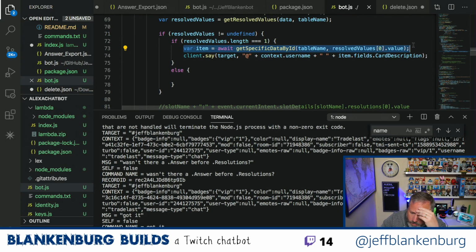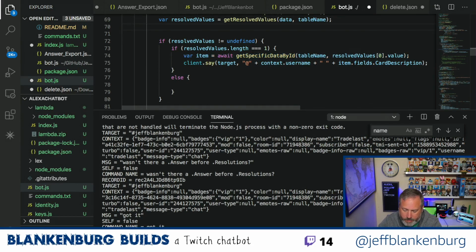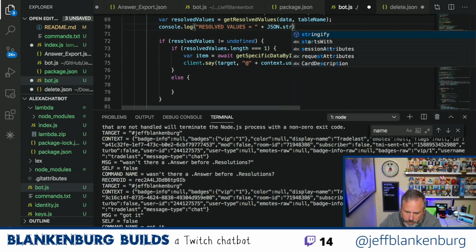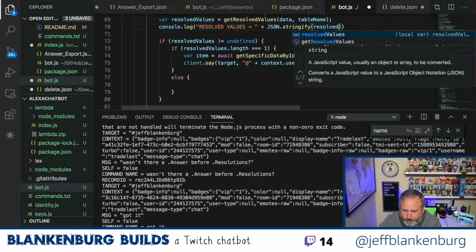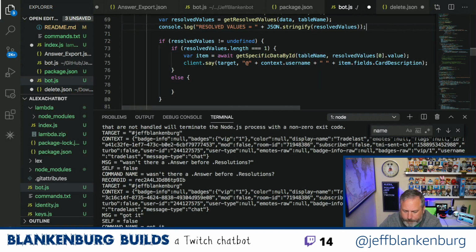So my resolve value, I guess I could check and see what my resolve value was. Let's do this. Console log resolved values, so we can at least see what they were.